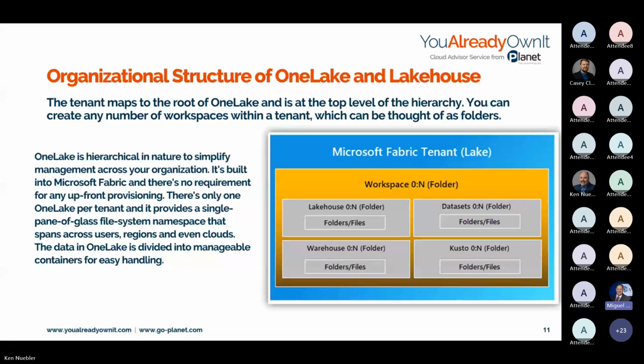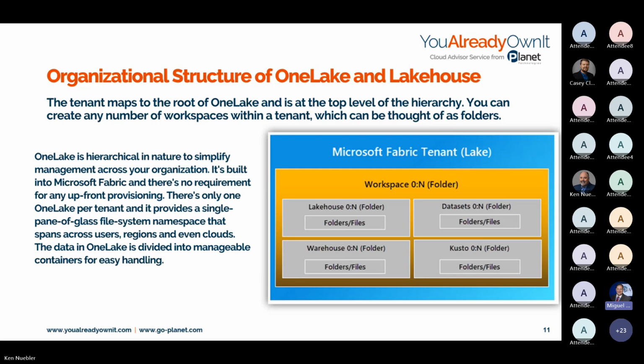So that workspace, I can go ahead and use. And just like anything else, I am able to secure that with RBAC, again based off of Entra ID or Azure Active Directory on my users, and even share that out as well. Within that workspace, I can have different types of objects: the lakehouses, the datasets, the warehouse, or the Kustos, i.e. logging and so forth, and folders within that workspace.